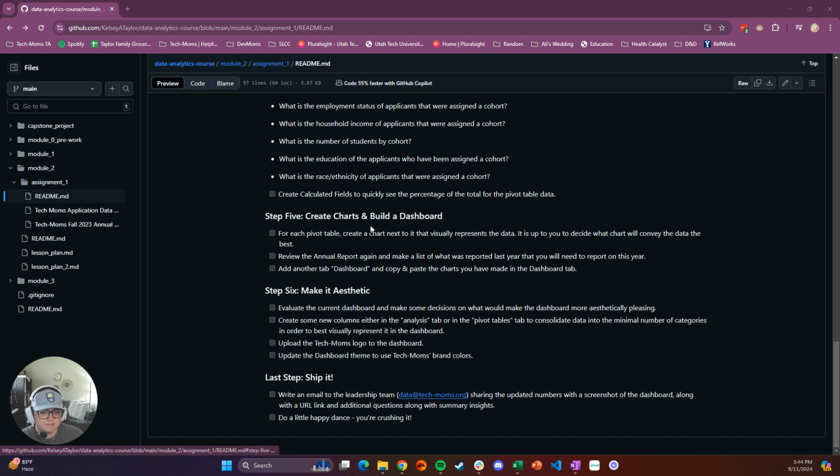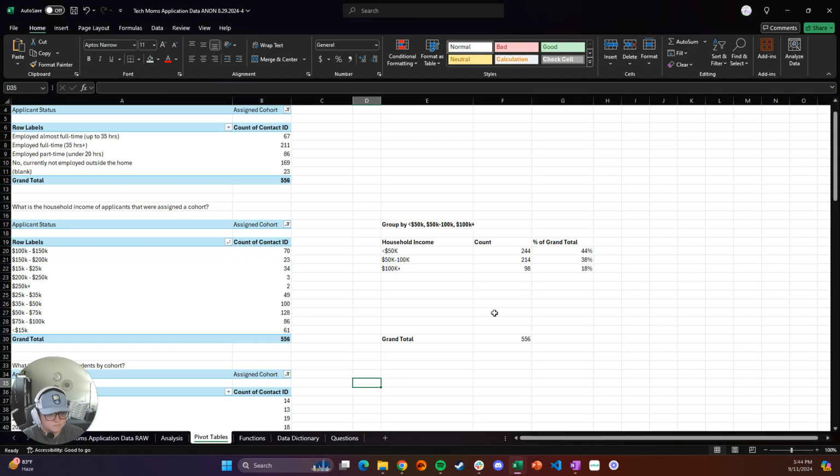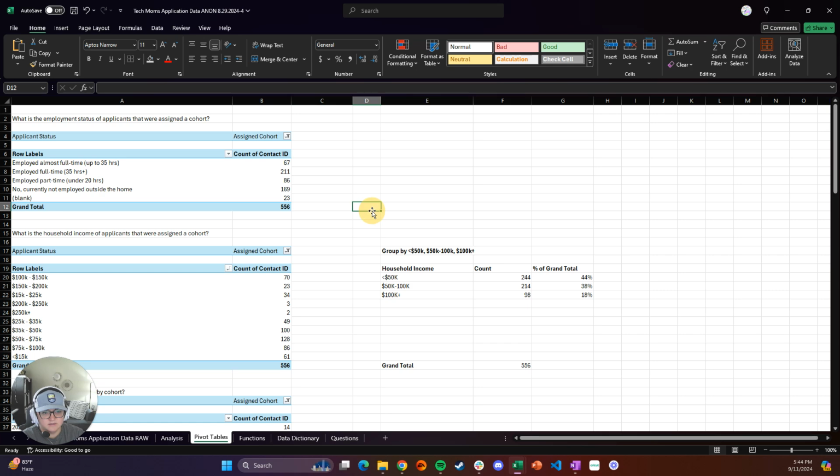We are on step 5, which is to create charts and build out a dashboard. Step 1 says for each pivot table, create a chart next to it that visually represents the data. It's up to you to decide what chart will convey the data the best. Then we're supposed to review the annual report to make a list of what was reported last year and what we should report on this year. We're going to add another tab called Dashboard, copy and paste the charts we've made, and put it in that dashboard. So let's jump into our